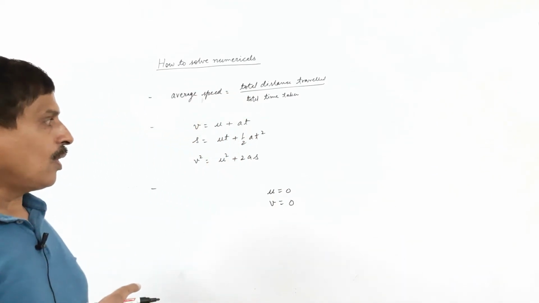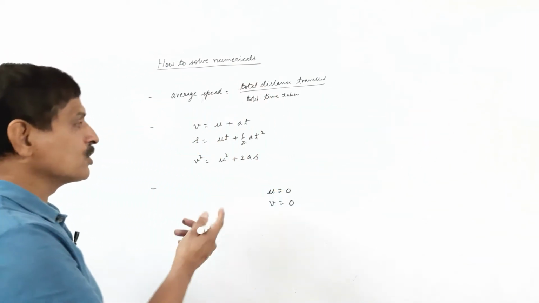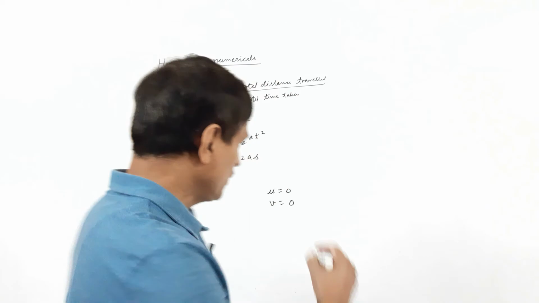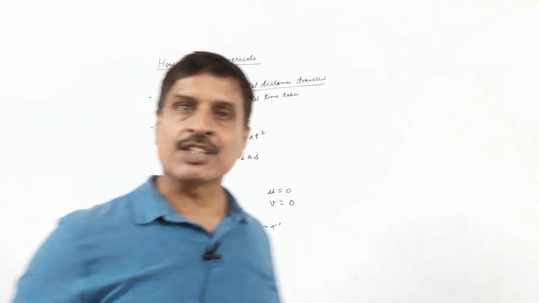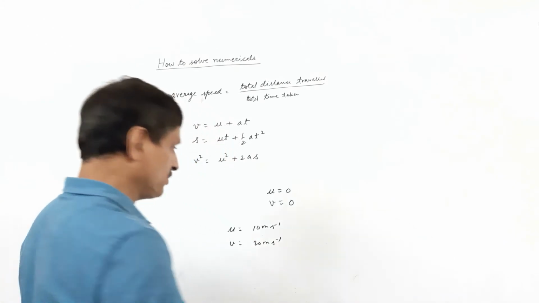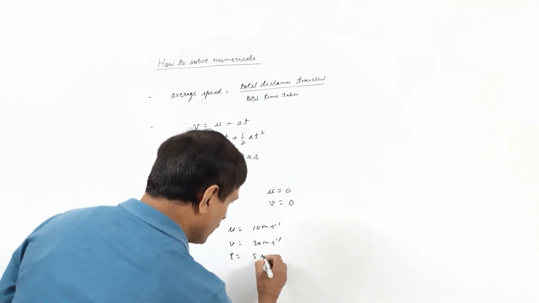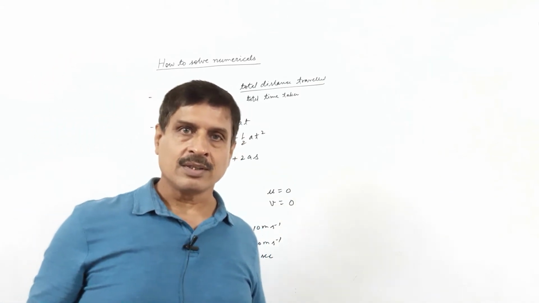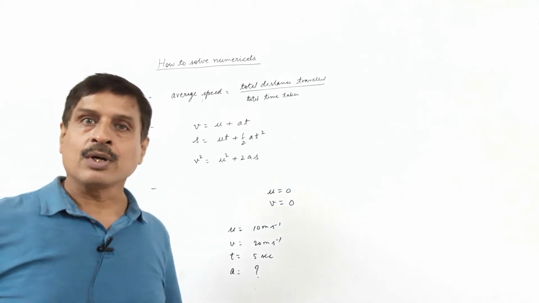We also pen down all the relevant information given in the numerical problems. Suppose you are given the value of initial velocity, we write u is equal to something, for example, u = 10 meter second minus 1. Suppose final velocity is given, we can pen down v = 20 meter second minus 1. Time is given, we write time is equal to say 5 seconds, and we have to calculate acceleration, then we put a question mark. It gives you a picture which equation may be used to solve the numerical problem.